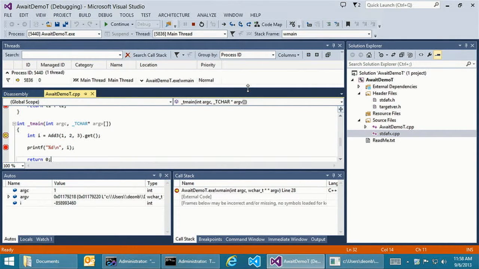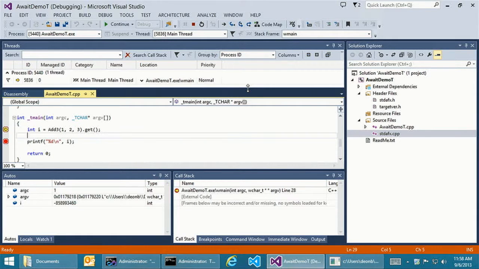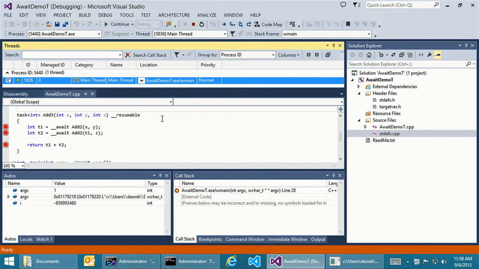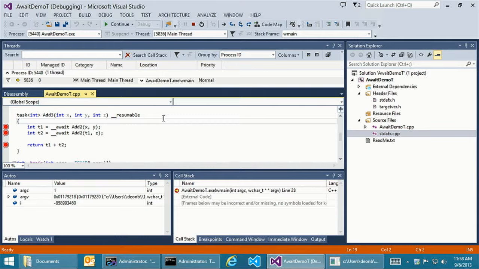I'm starting in main, and main calls add3. So it's adding 3 variables, and then I'm going to block in main to get the result of the add3. Main is running currently on thread number 5836. When I cause it to run further,